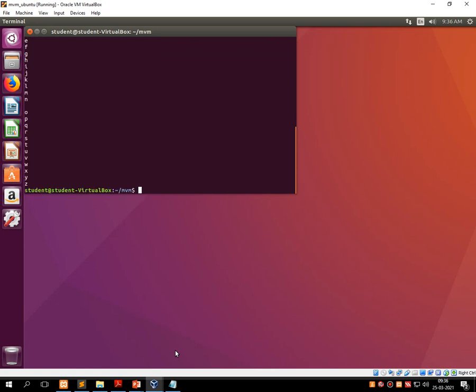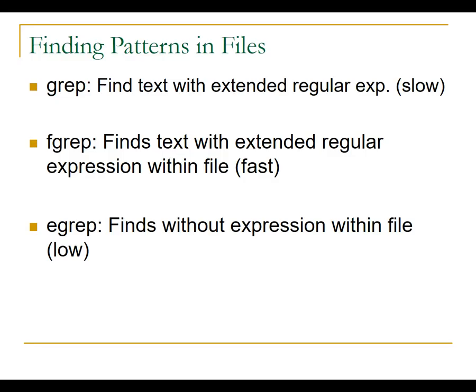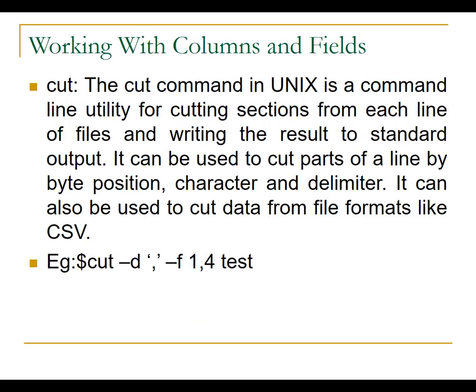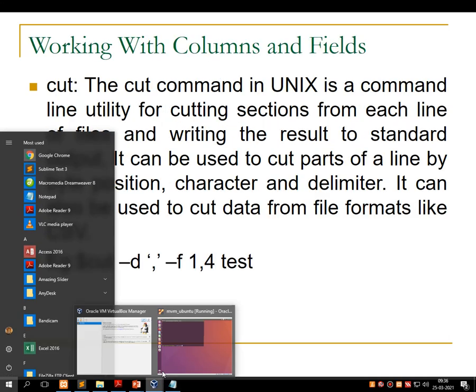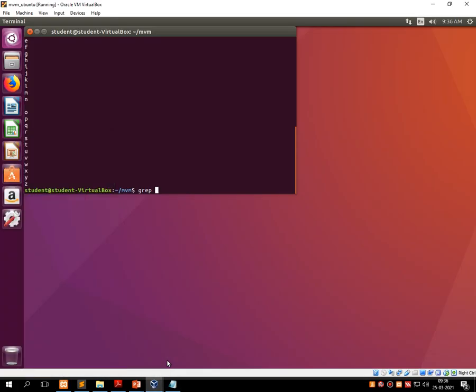Then I am writing grep, and then a, and then the file name. It highlights the particular character in red color from the entire file, and it prints the same onto the screen.